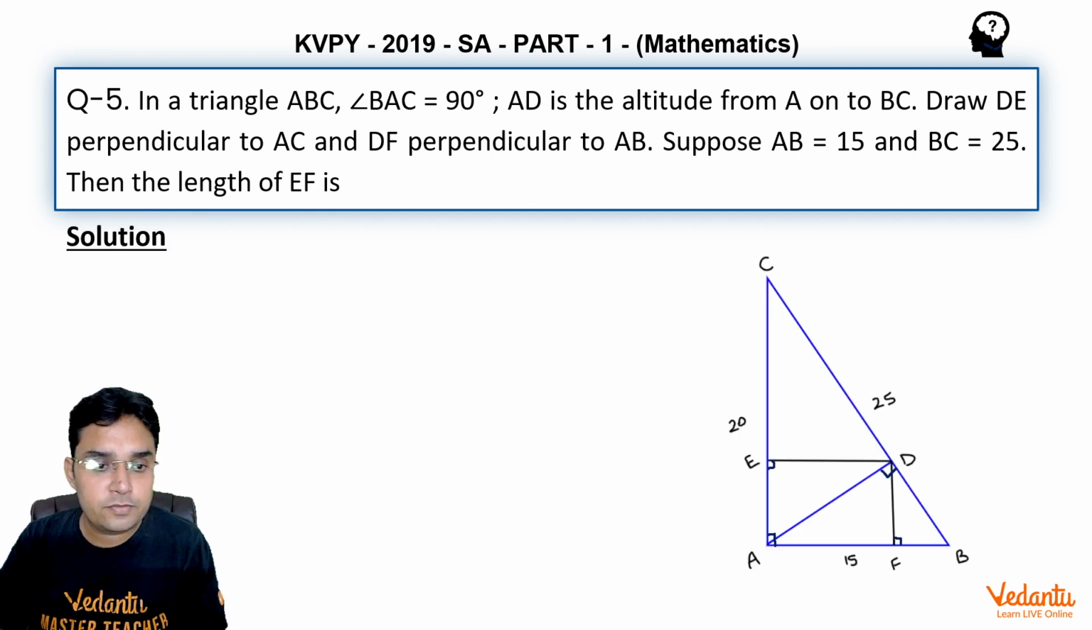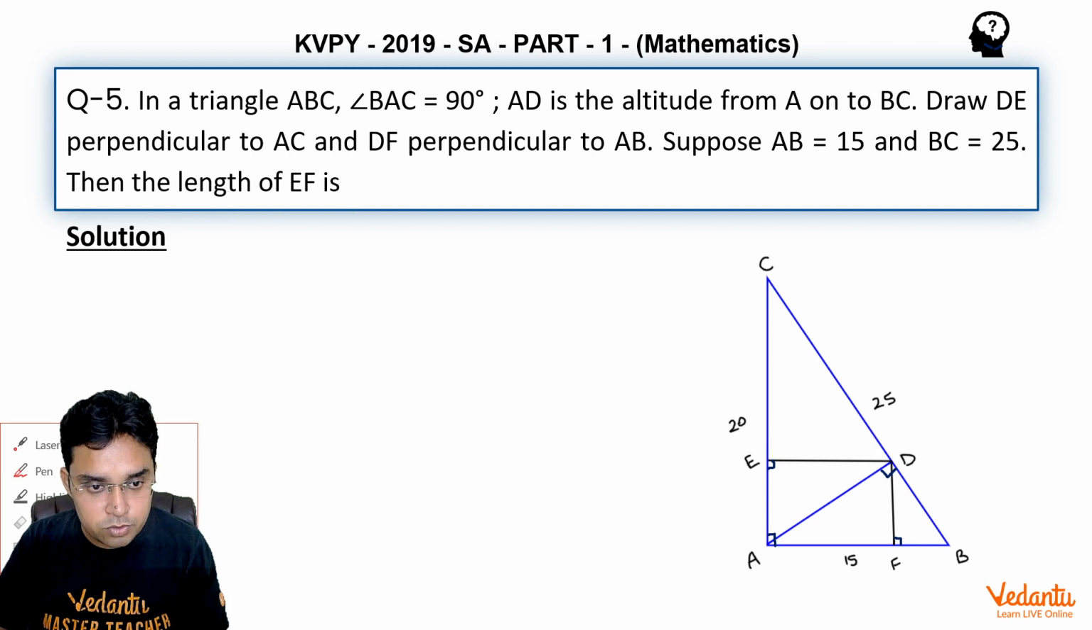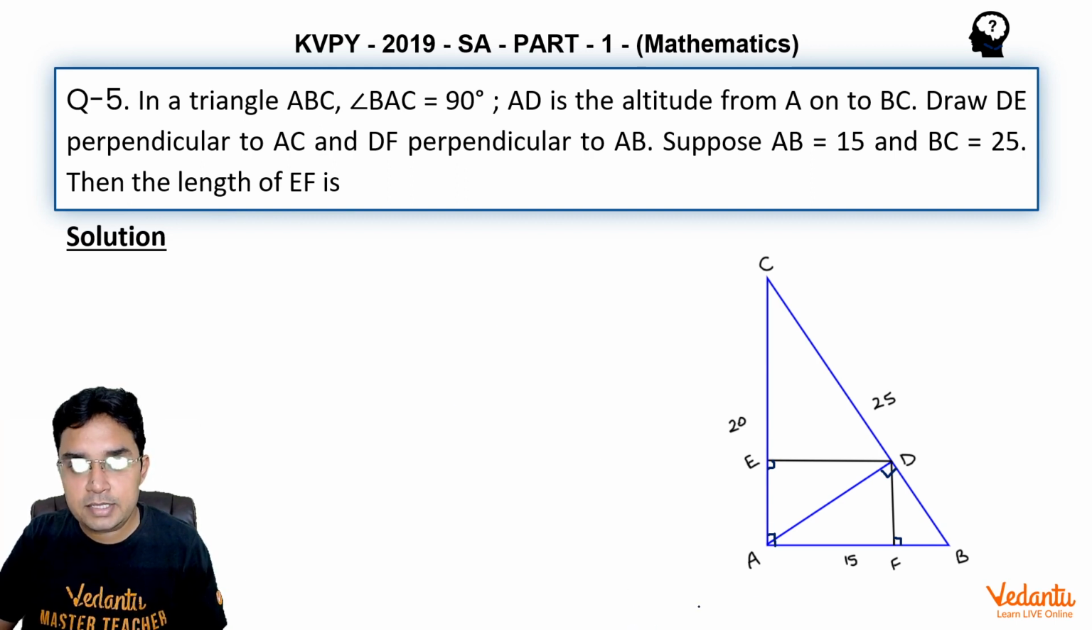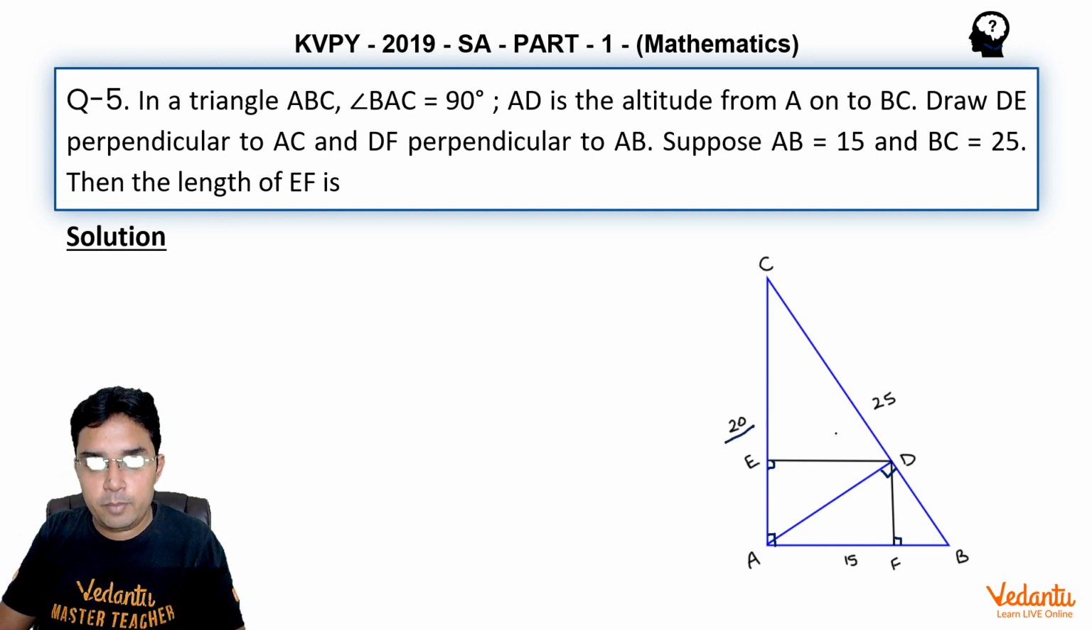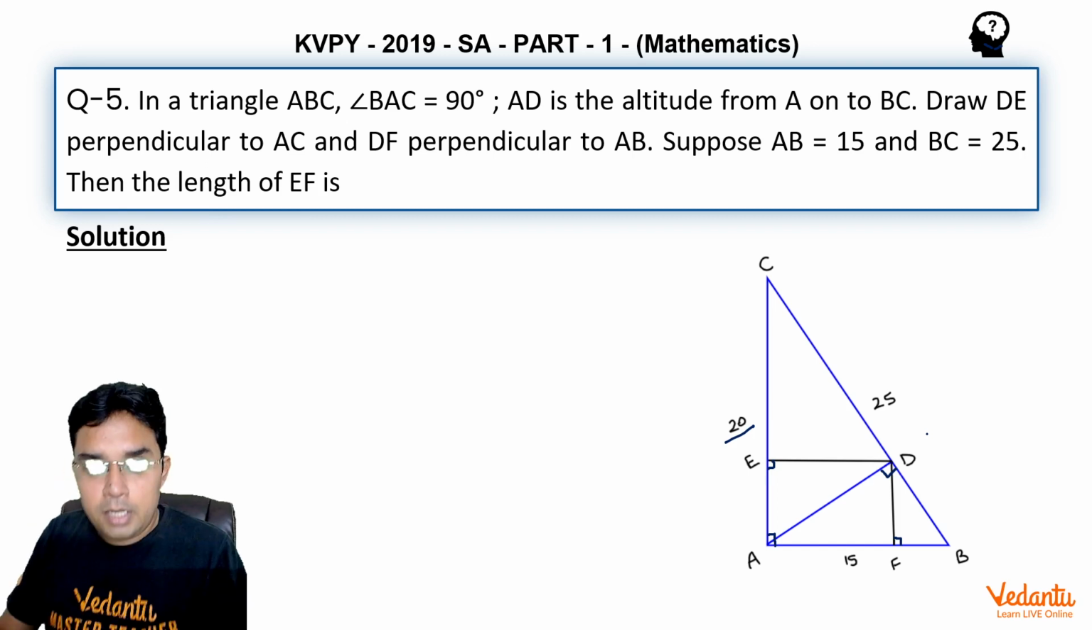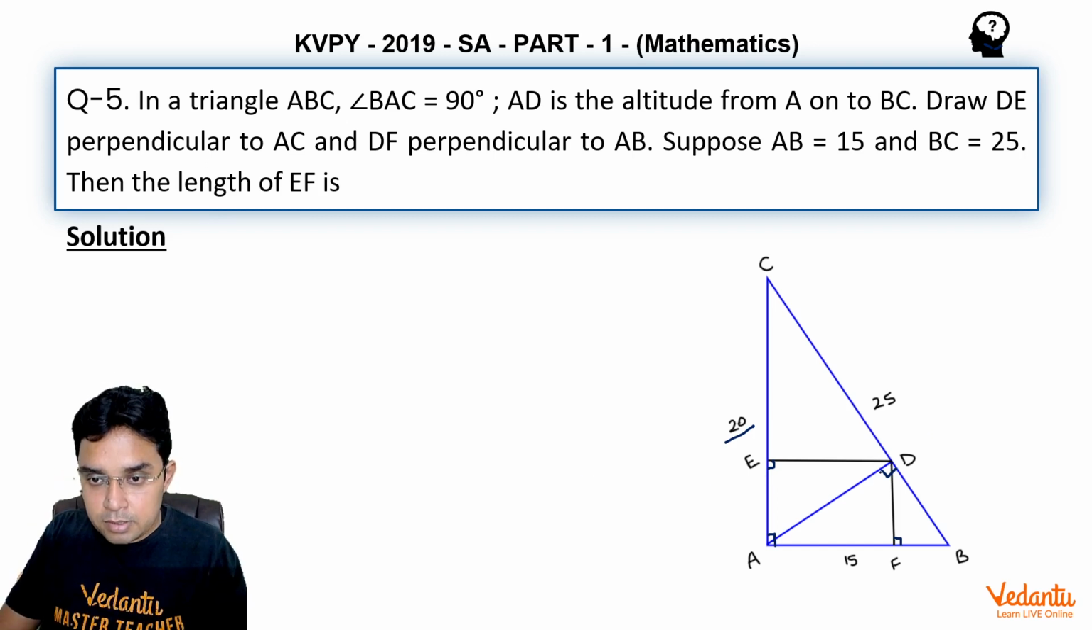Okay. Now let us first make a diagram based on given information. We are given BAC is 90, so at A it is right angle. AD is altitude from A to side BC. Then we have drawn DE perpendicular to AC and DF perpendicular to AB. We are also given that AB is 15, BC is 25, so third side has to be 20 by Pythagoras theorem directly. Now because these are 90 degrees at E, A and F, hence at D also it will be